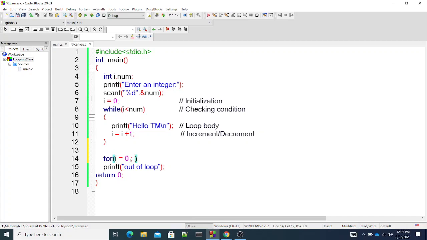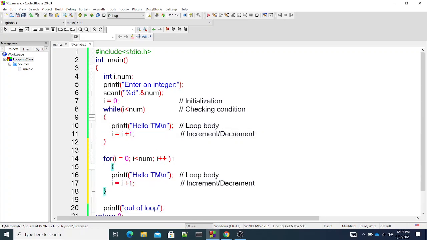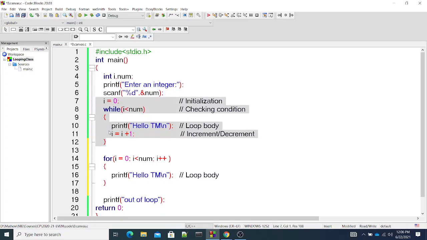So initialization of the control variable, checking the condition i less than num, I will do here. Then incrementing, I will do i plus plus, both are equivalent here. And I can take the loop body as such and remove this, because that we are doing here. So this thing, line number 7 to 12, whatever it is doing, the same thing is done by this loop